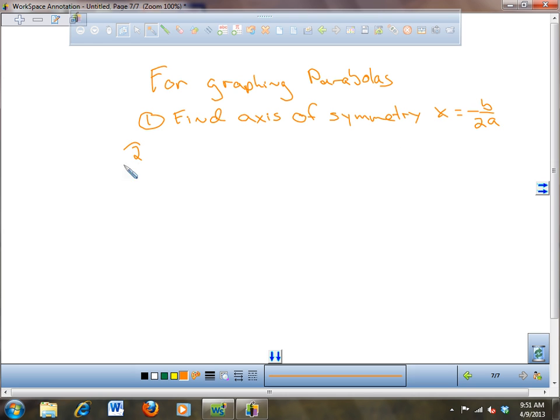2 is find x and find the vertex. That's negative b over 2a, comma, something. And there's some real fancy mathematical lingo, f of negative b over 2a. So what that means is find this x value and take that x value and plug it into the function to see what I get out for the y value. And then 3,